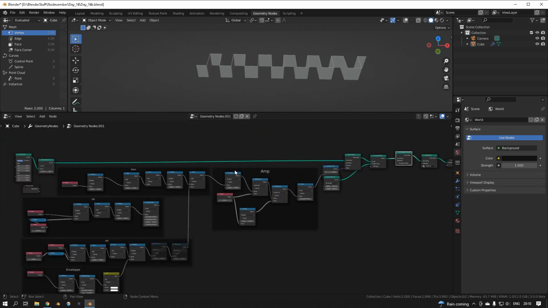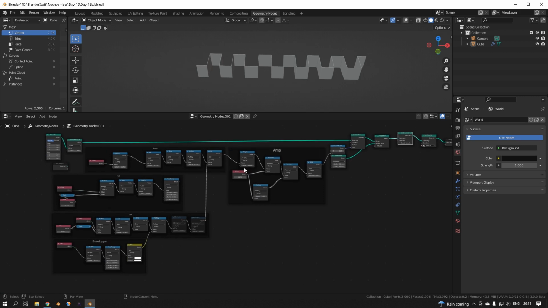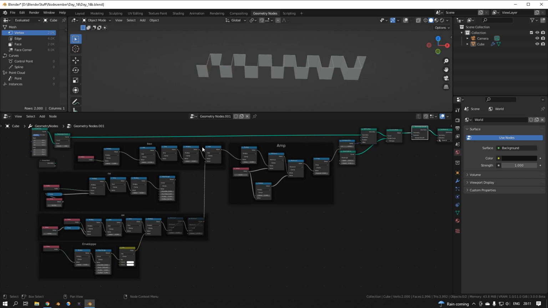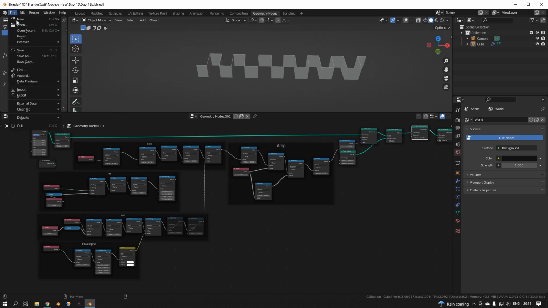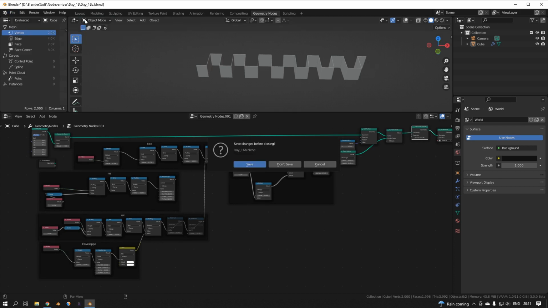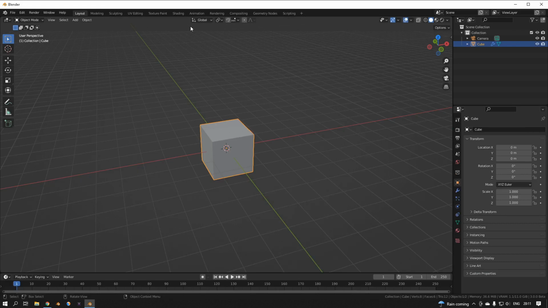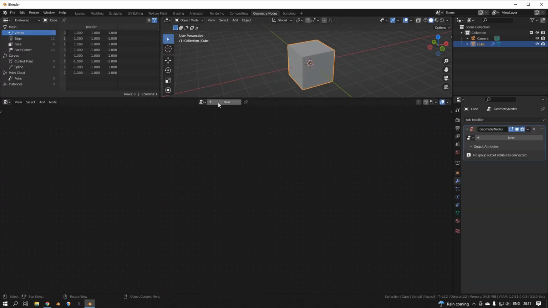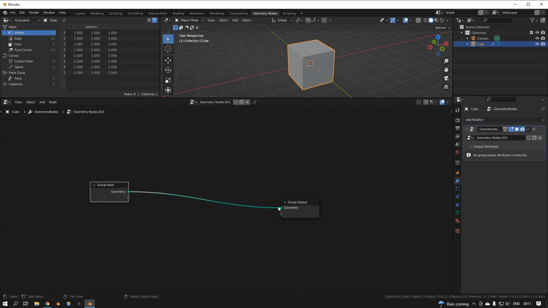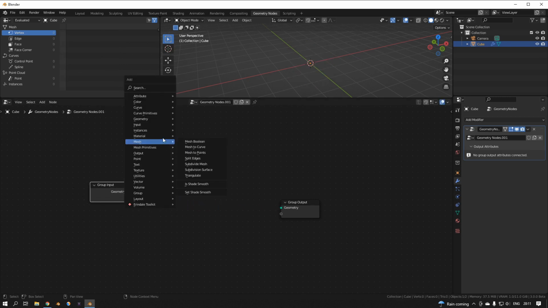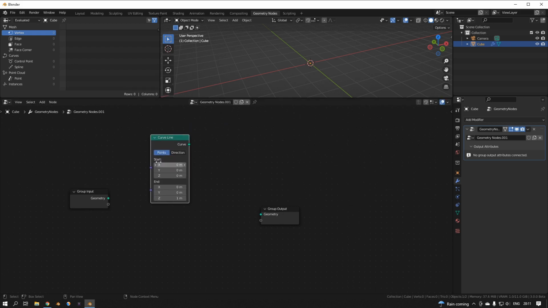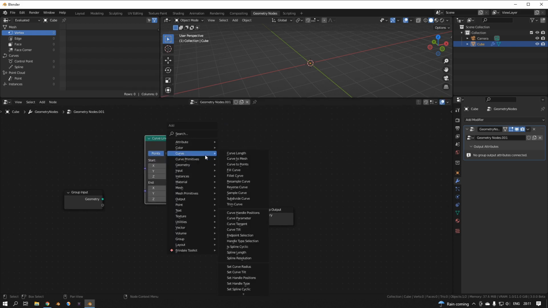So let me try to build this from scratch. I think it won't work, but you get an idea. So I start with a new one, new, general. Then I go to geometry nodes and start new. I remove this one. So I go to curve primitives and I start a curve line. I'm going to resample the